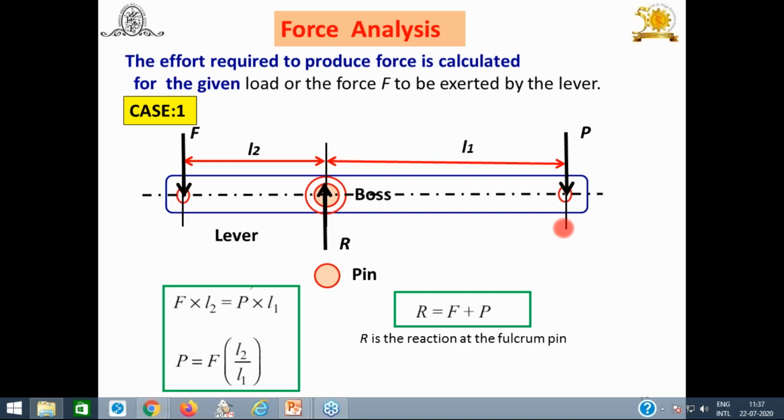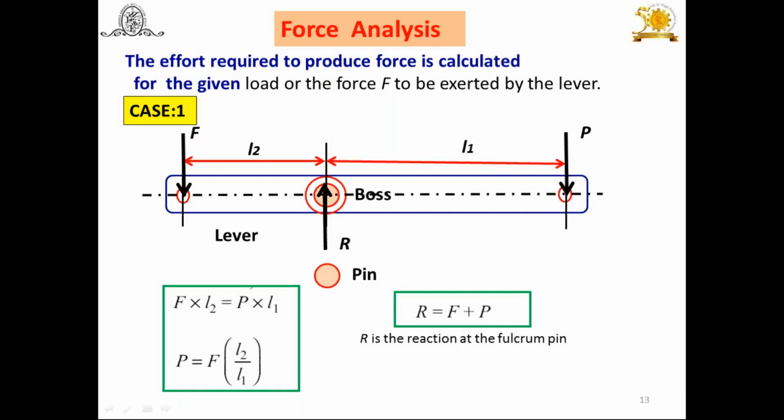Try to understand. Otherwise, what would happen if you want more mechanical advantage? That means if you take L1 more than L2, but how much? It is also a concern for the design, because otherwise it is going to be subjected to bending moment. Try to understand. That's why it should be within the limit, and you should get a mechanical advantage more than one. More than one means minimum effort, maximum work. No problem. This is about step number one.